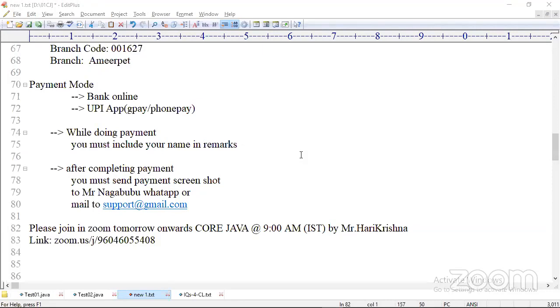New batch at 6 p.m. will be in the last week of August. No need to pay additional fees. Once you join this class, you can come to the senior batch for free of cost. No need to do any additional payment.